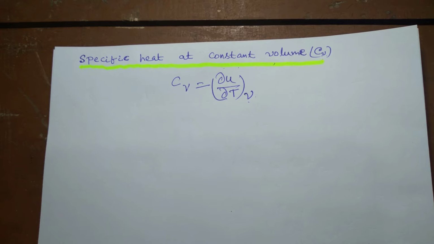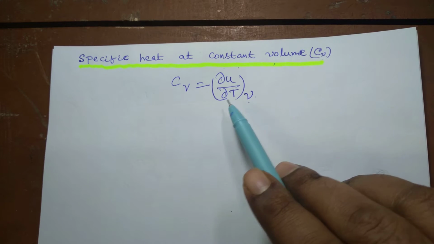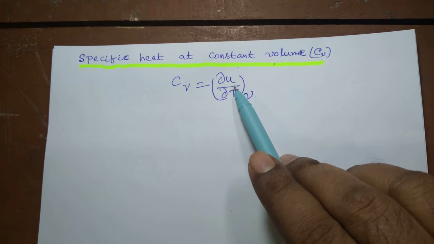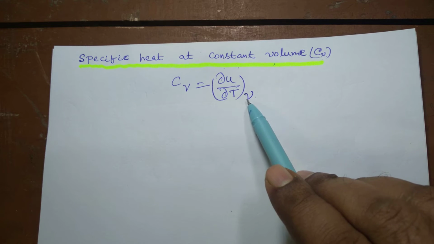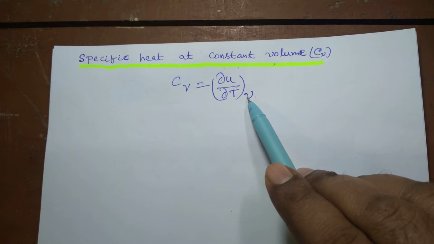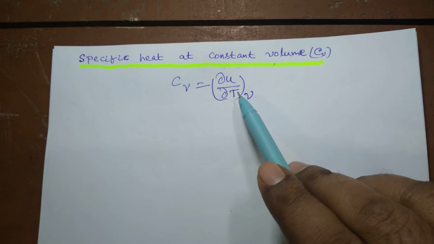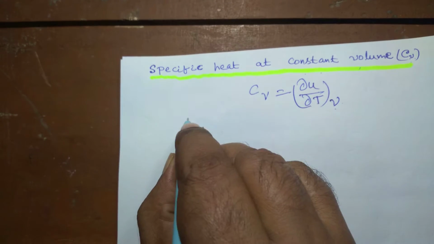But mathematically we can define specific heat like this also. Specific heat at constant volume, Cv, can be defined as the rate of change of specific internal energy with respect to absolute temperature when the volume is constant. The subscript V denotes that the process takes place at constant volume. So it can be defined like this: